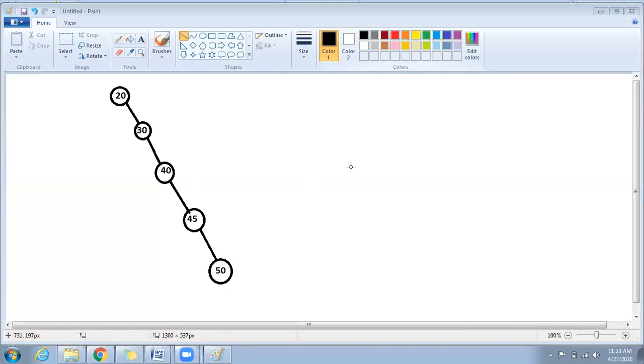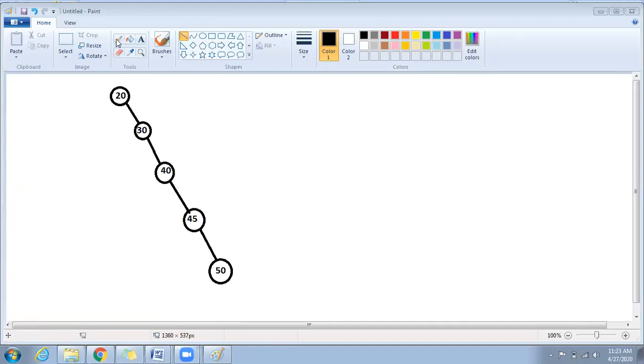But what is the problem? Why do we go for a binary search tree? Because searching will be easy. In real time, if I get this kind of data, yes of course it is a binary search tree, and I am inserting without any issues. But if I keep on inserting on one side, we call this situation a skewed tree. This is a right skewed tree.